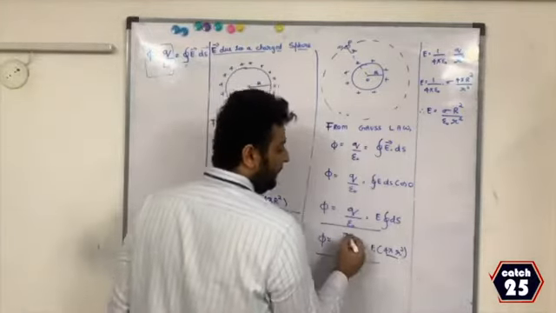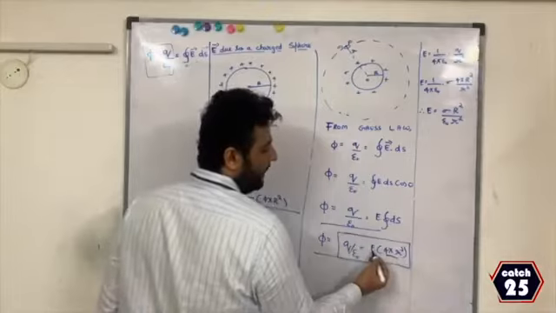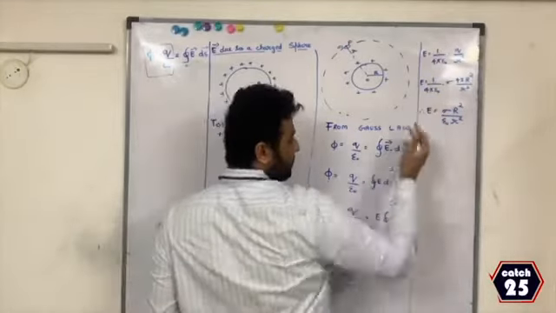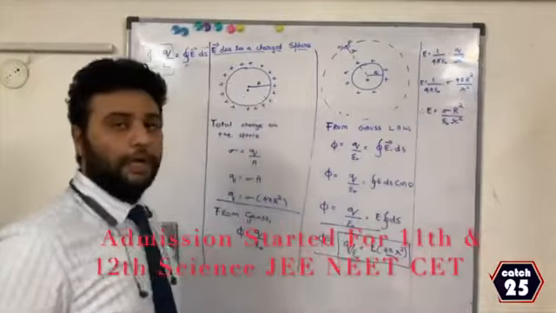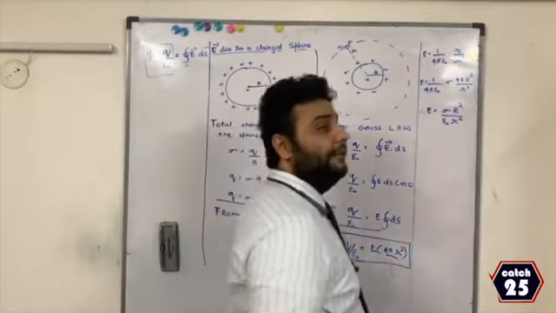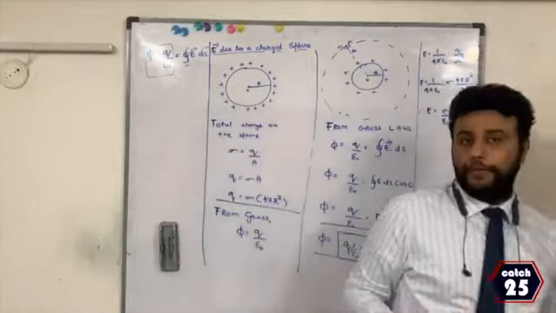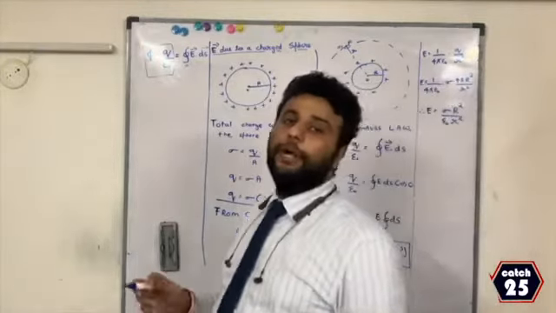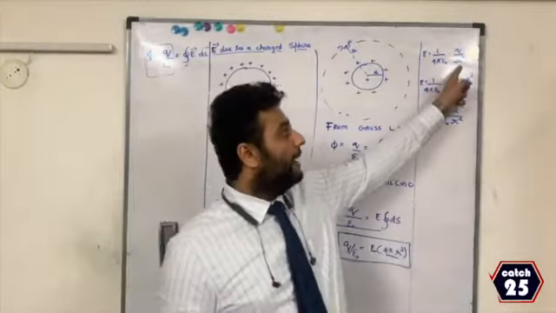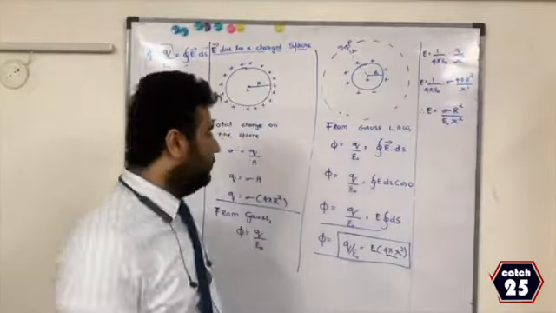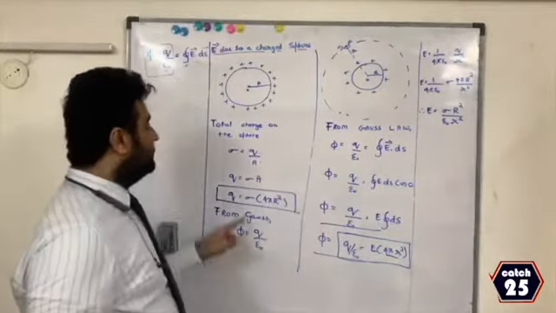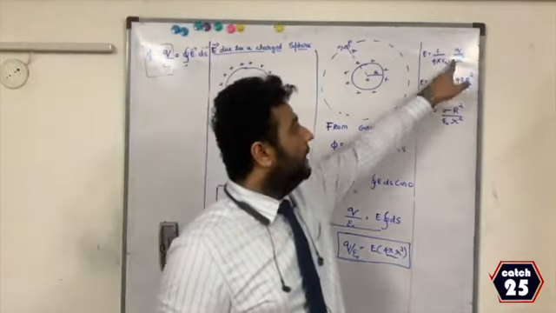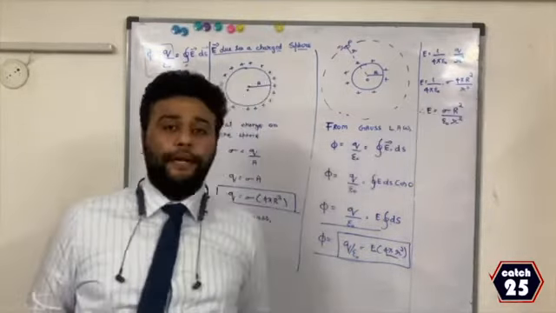Therefore, if I just take these two, I can say E is equal to 1 by 4 pi epsilon naught q by r square, which anyway you know from our few tables. What is the formula of electric field? 1 by 4 pi epsilon naught q by r square. But now you know what is the value of q. You have already written it over here. Check. Let me substitute the value for q. So I will get q as sigma 4 pi capital R square.